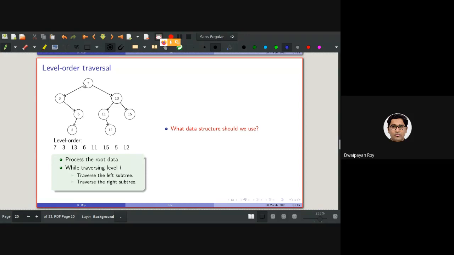Note that the level order traversal I am referring to is 7, 3, 13. It can be 7, 13, 3 as well. I mean, it can be the other way around as well. Maybe this is another level order traversal. This is also called zigzag traversal, as you can see, zigzag. First right, then left, then again right, and so on. But the traversal that I have written is entirely based on going from left to right. Here I'm going from right to left, then again left to right, then again right to left. So basically a zigzag. So what data structure should we be using?